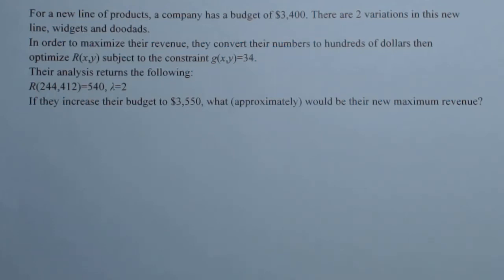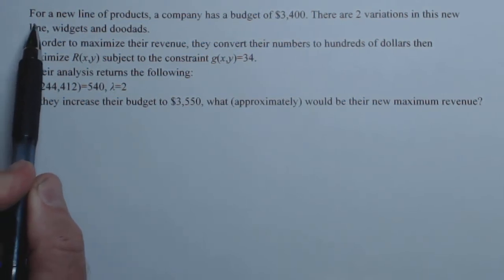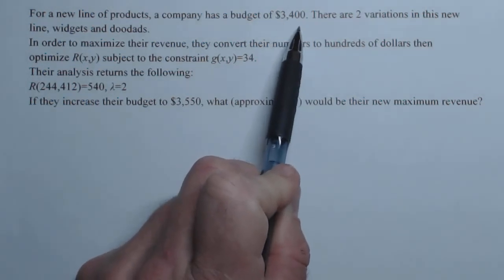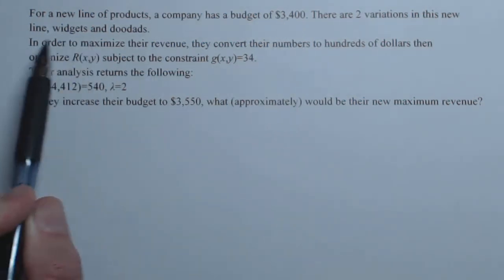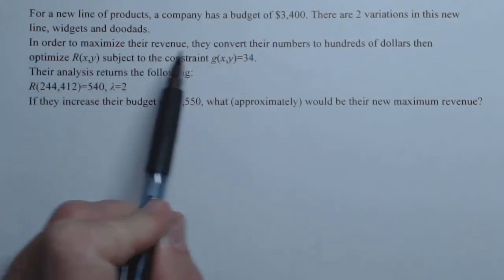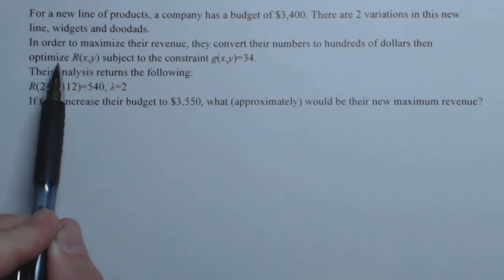So in this problem, we're given the results of a Lagrange multiplier problem. And what we find out, this is just a summary, for a new line of products, a company has a budget of $3,400 and they have two variations in this line, widgets and doodads. In order to maximize their revenue, they convert their numbers to hundreds of dollars, and then they optimize the function